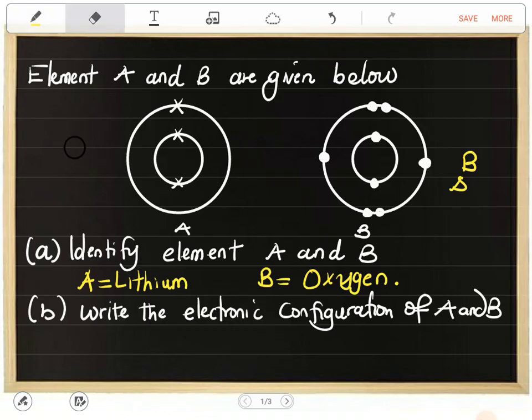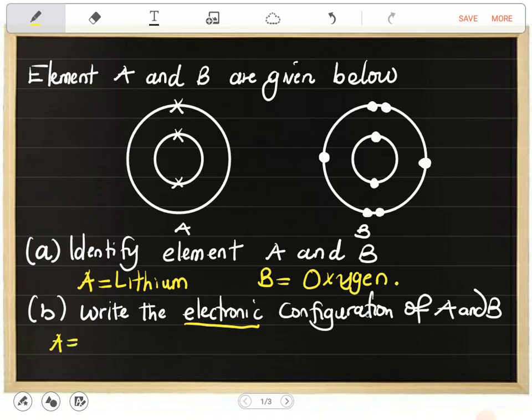So now that we know that A is lithium and B is oxygen, write the electronic configuration of A and B. This is the simplest question of all, and why I'm saying simple is because we're just getting whatever is here and putting them in numbers. That's what we mean by electronic configuration. The one given here is the electronic structure, but the one we are going to draw is the electronic configuration, so we should be able to know the difference between the two. The one given here with these diagrams is the electronic structure, but the one that I'm going to write here,